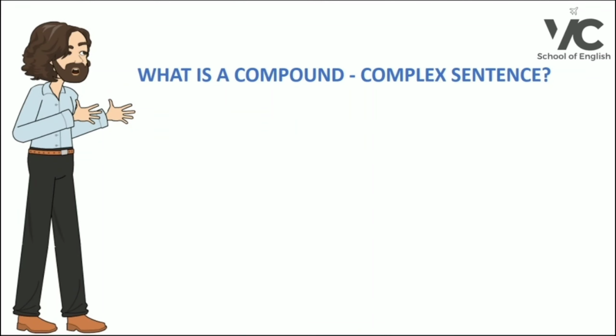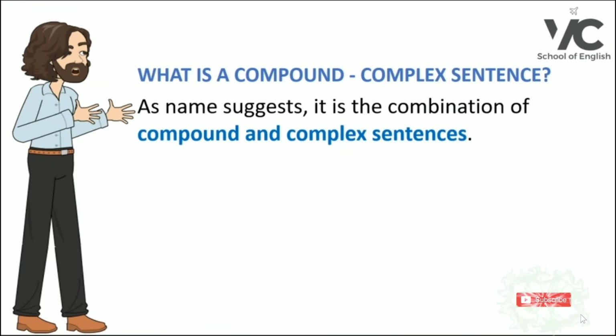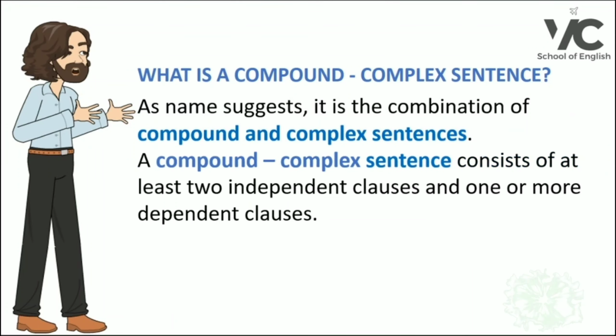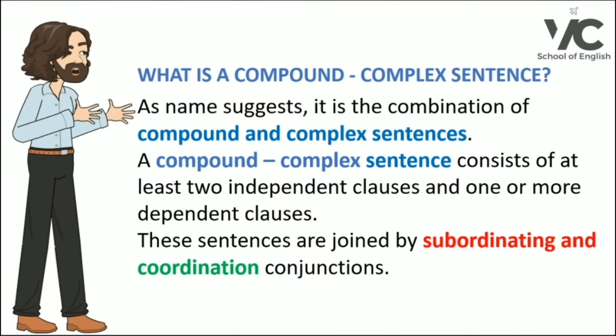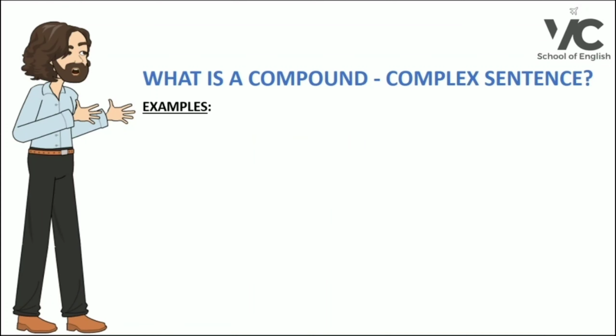And the next sentence structure is a compound complex sentence. As the name suggests, it is the combination of compound and complex sentences. A compound complex sentence consists of at least two independent clauses and one or more dependent clauses. These sentences are joined by subordinating and coordinating conjunctions. And the examples are: